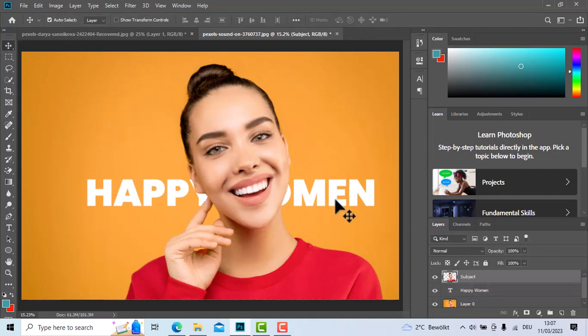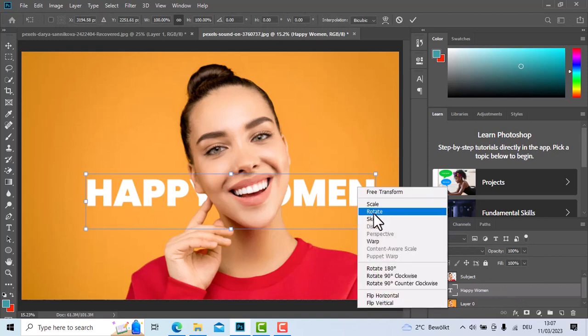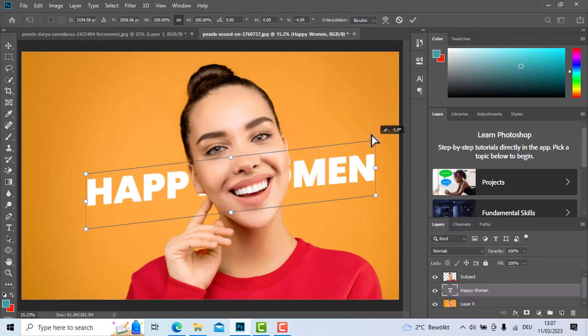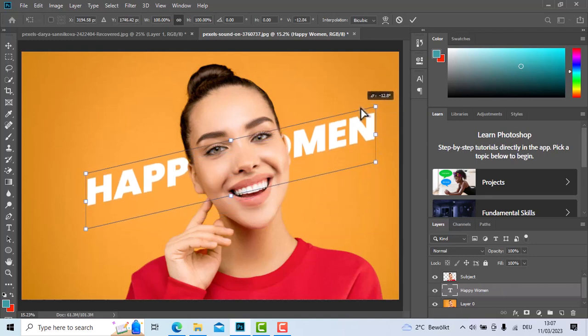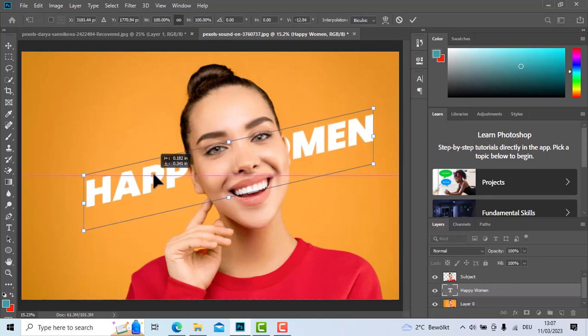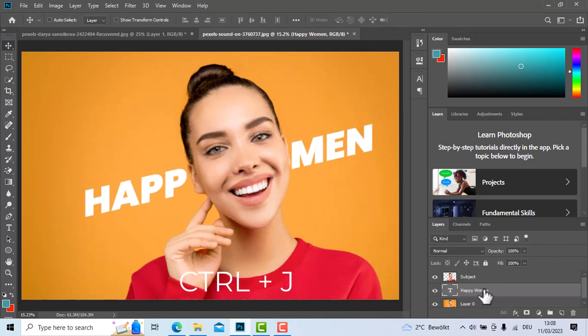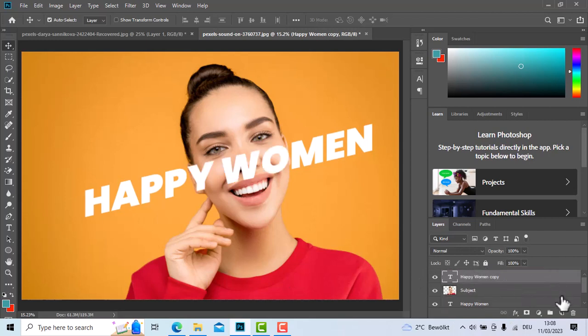I will make it a little bit skewed to make it look a little bit fancier, but you are free to do whatever you like with your text. It's just my choice. So it looks good now. Click OK. Create a duplicate of this text, move it above your subject layer, and then double click on your